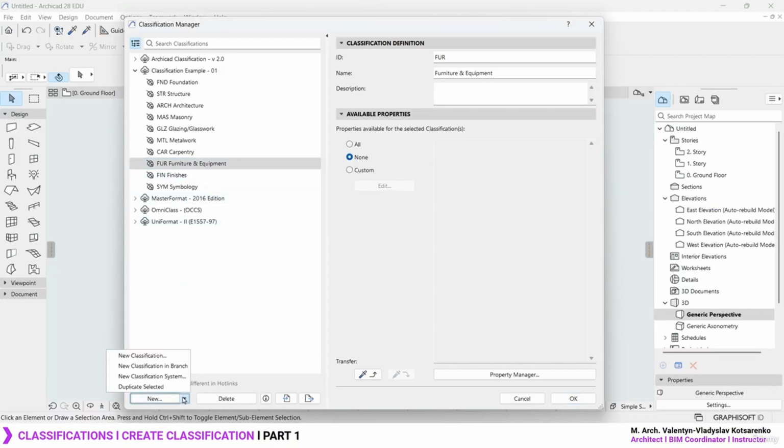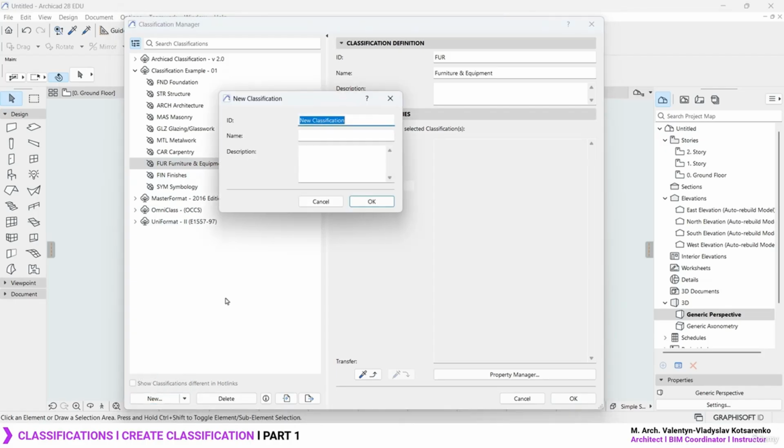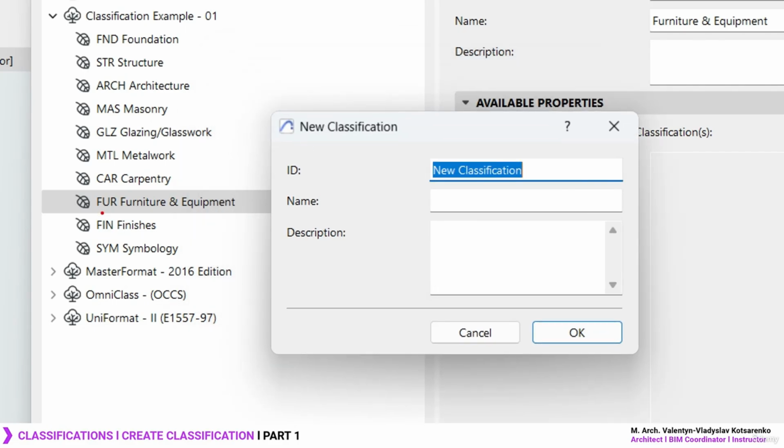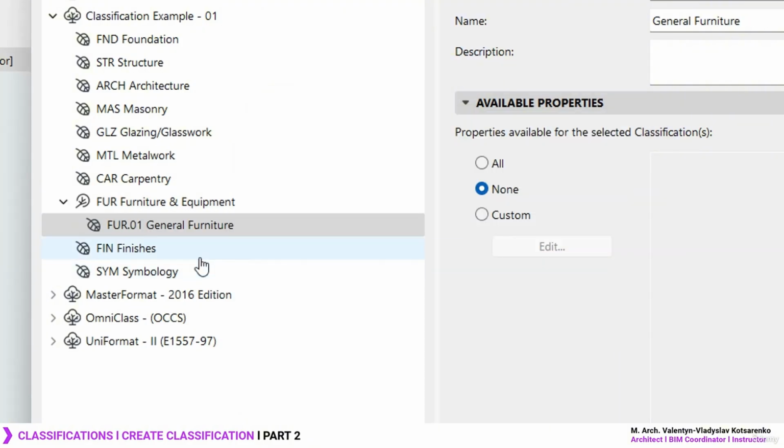I'm going to create a new branch, new classification in branch, which is going to be called, now in this case, remember that we're going to use the previous ID furniture, but I'm just going to add 0.01 and name this general furniture. So it's going to have the previous ID, and now it has 0.01 added to the nomenclature,